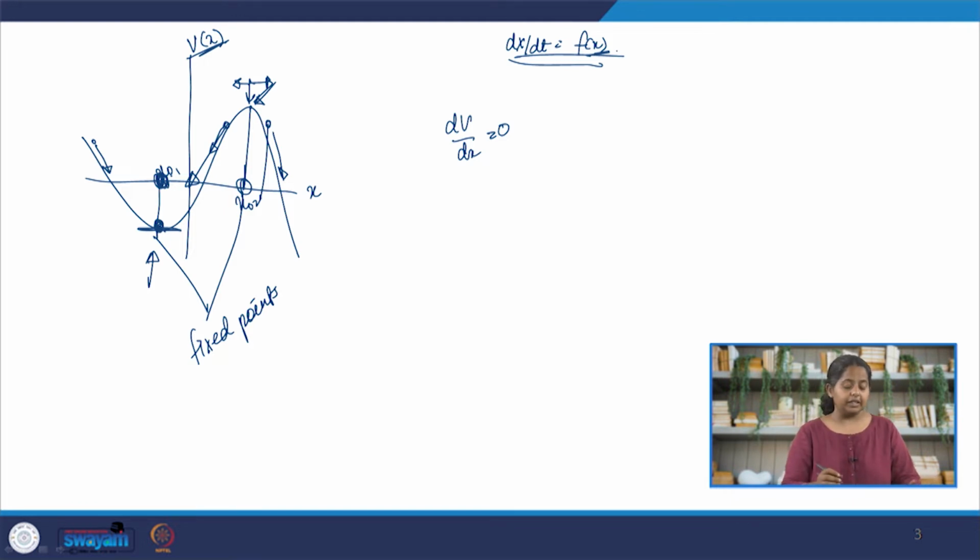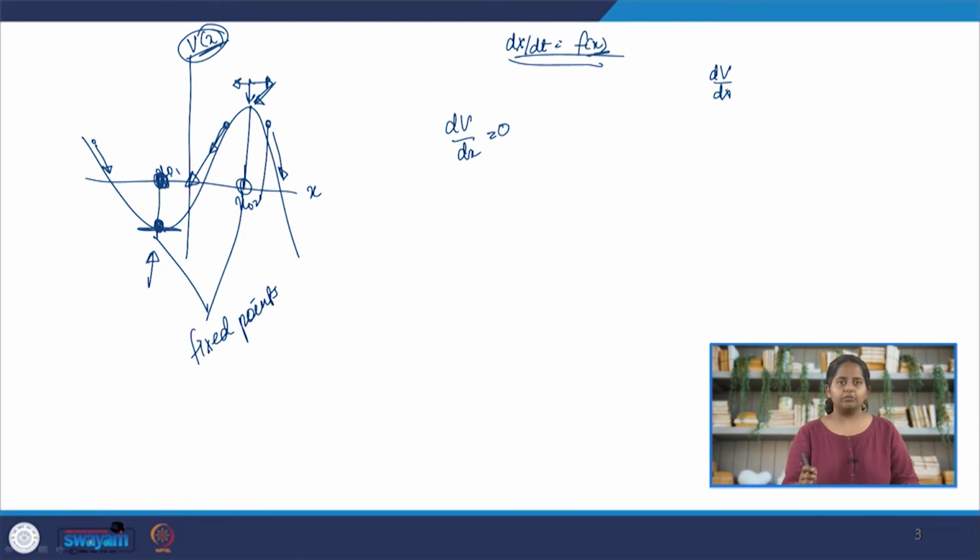We do not typically get potential functions, especially when we are trying to solve a real world problem or even a theoretical problem. The potential function has to be calculated. How do we approach that? So if you look at this particular diagram, you can see very clearly that the rate at which dv by